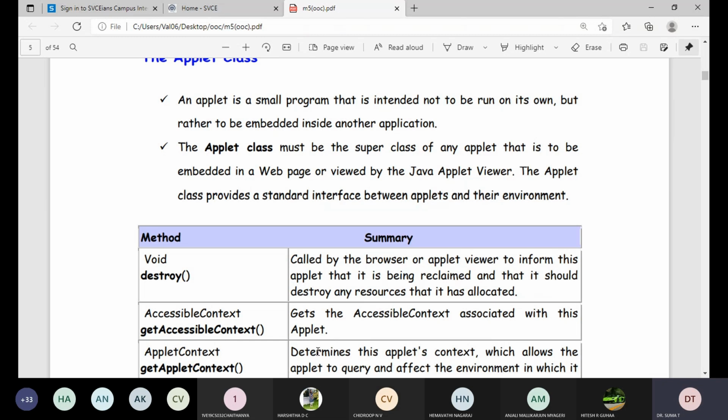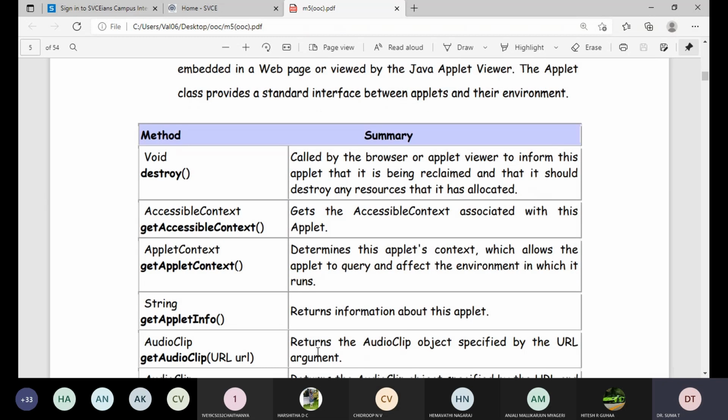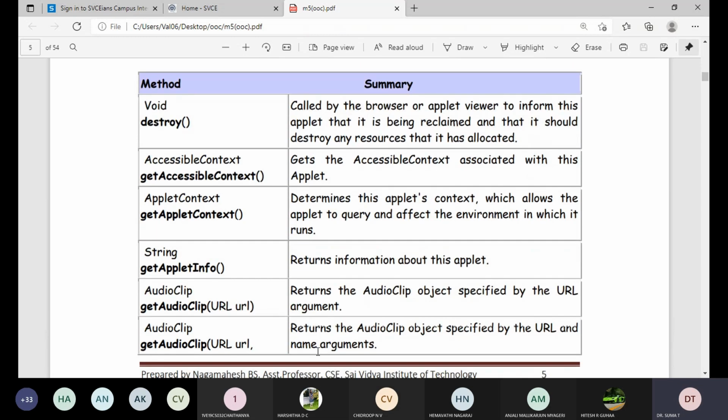Now the next method is getAccessibleContext. It gets the accessible context associated with this applet.